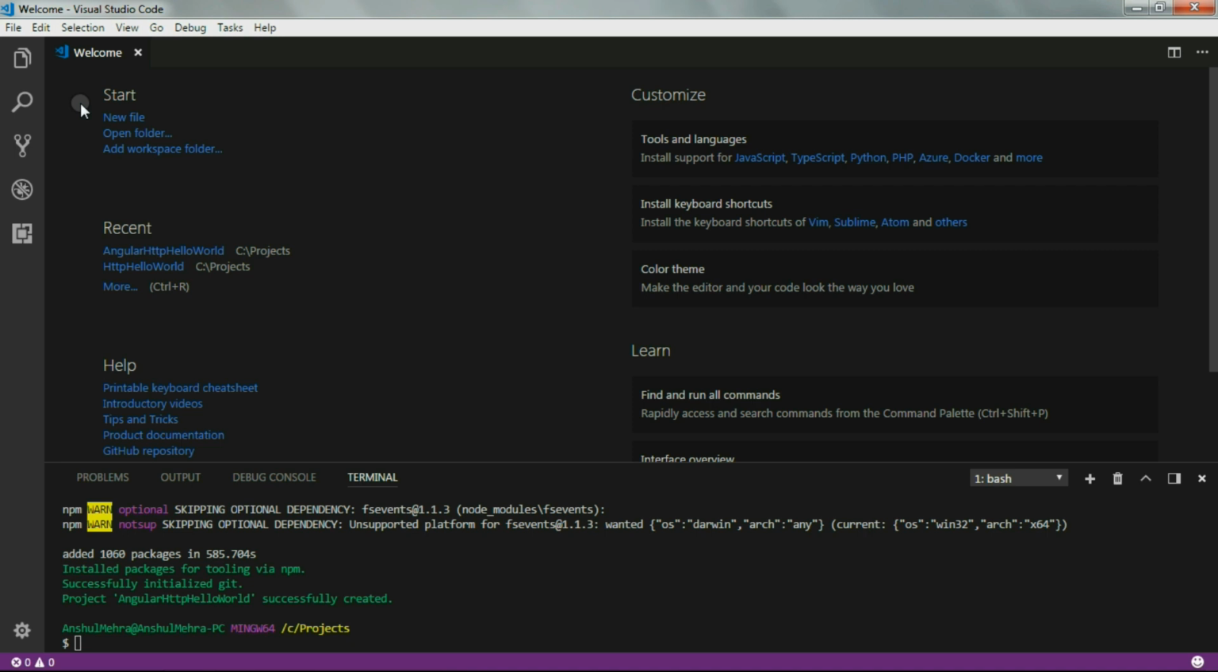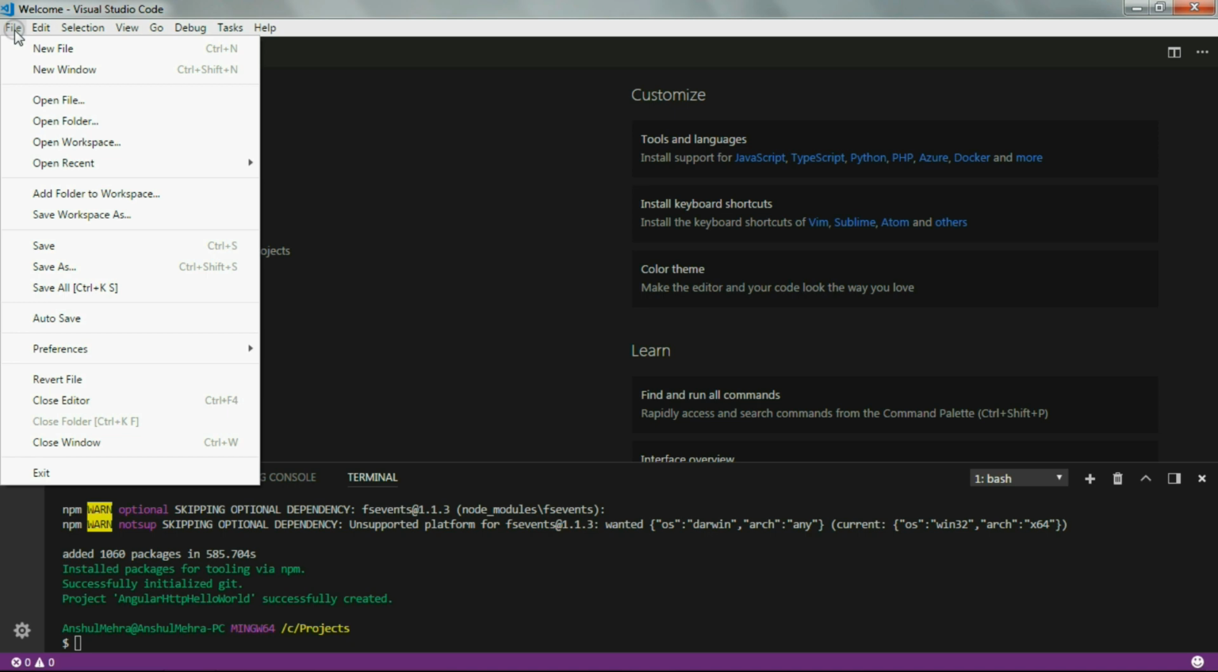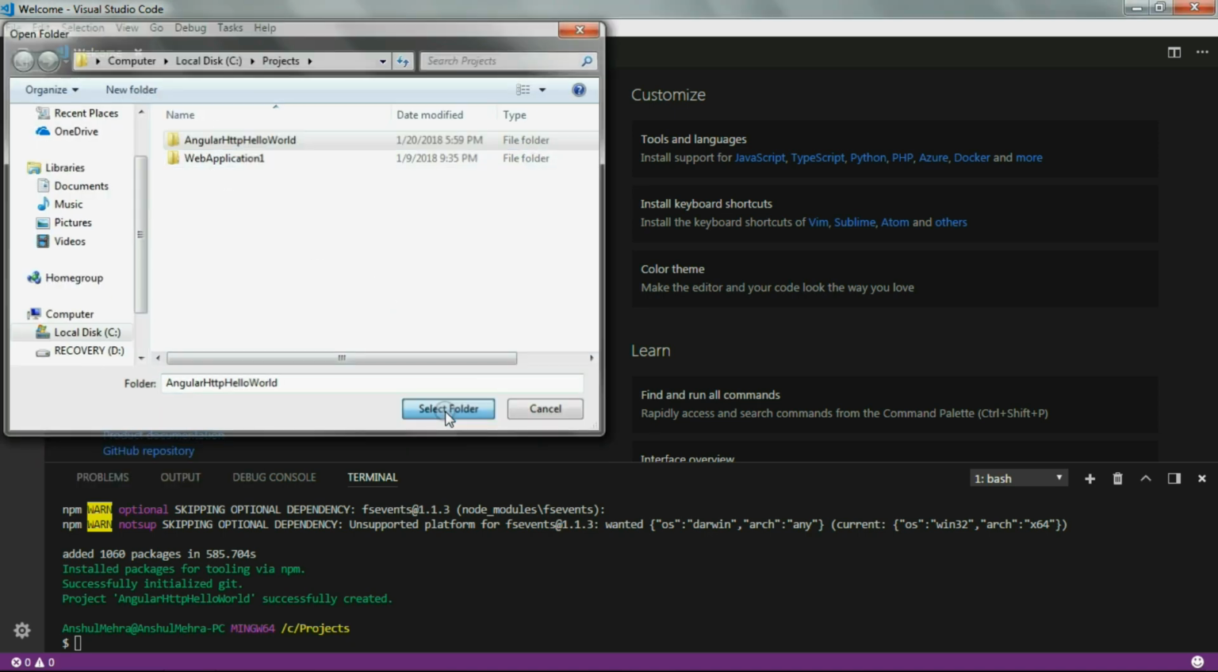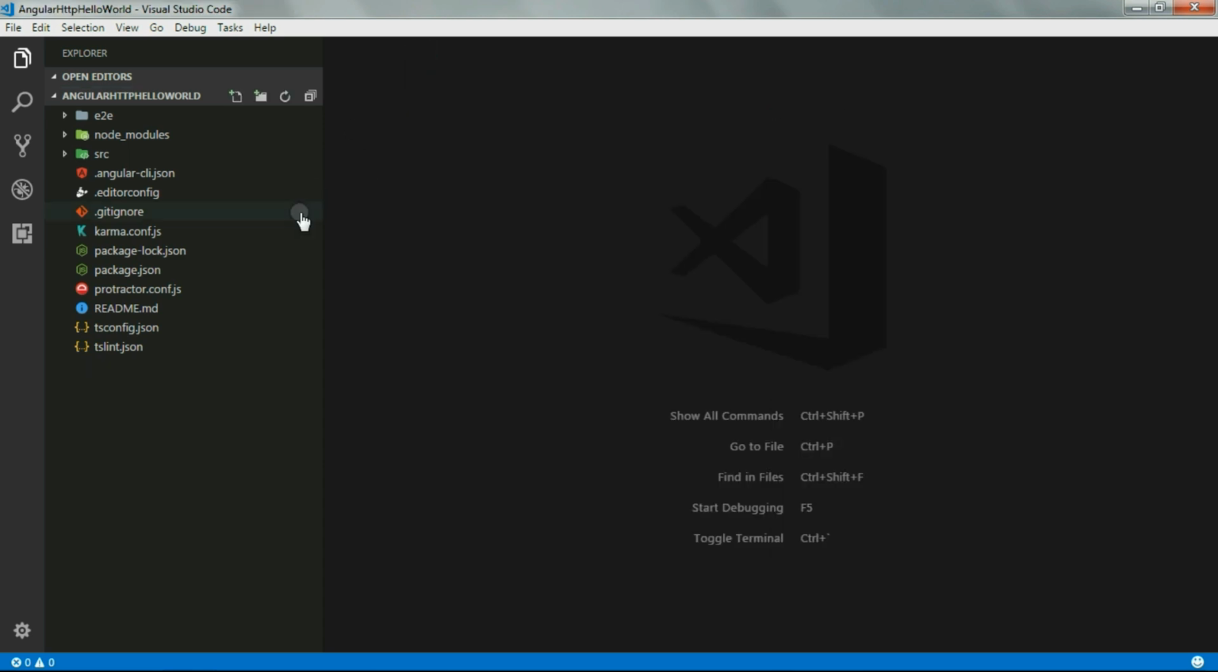Now we'll open the project by going to File, Open Folder, navigate to the newly created project folder, select it, and that will open the project for us. Again, we'll open the integrated terminal by going to View, Integrated Terminal, and generate a component